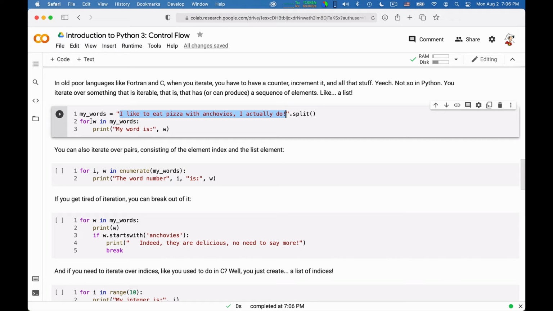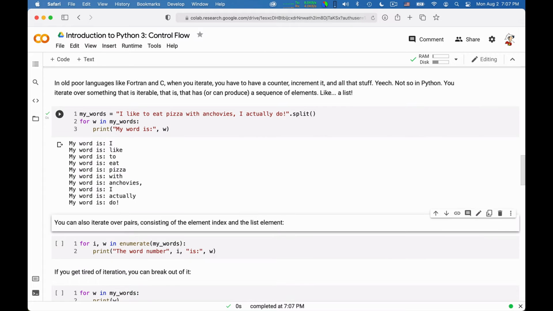And then I say for w in my words, print my word is and the word, right? So this is a typical way in which you iterate in Python. You do not really keep an iteration index. You simply have a list of stuff, or maybe an iterator of stuff, like when we had the dictionaries before and we wanted to iterate on the keys of a dictionary. And we say for element in list of stuff.